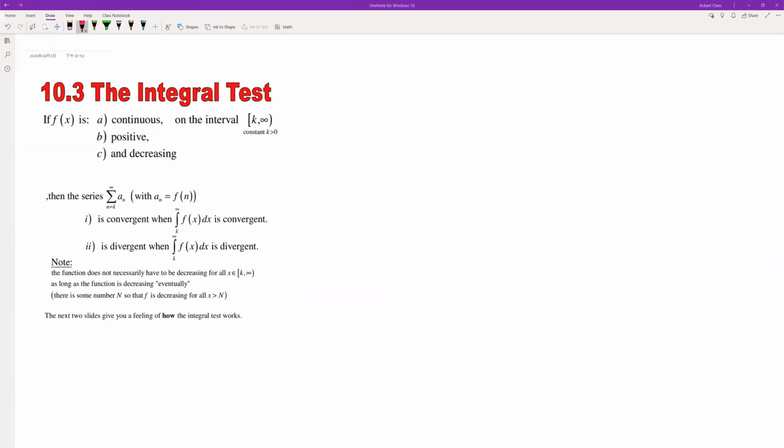Hello guys, this is 10.3, the integral test. So here we're introducing another test to test for convergent and divergent. Now before you can decide on whether to use this test or not, the function that we're looking at